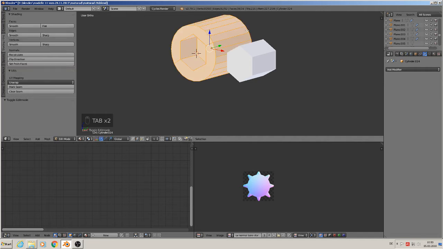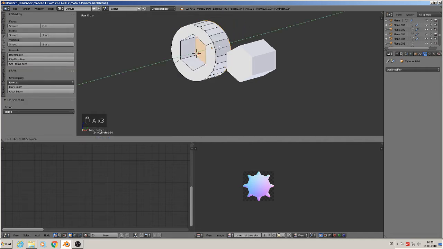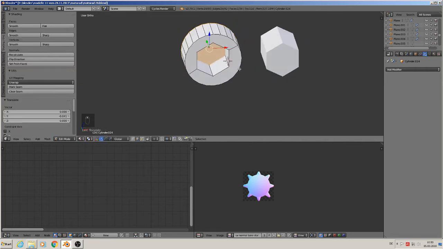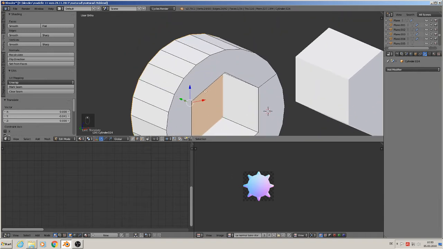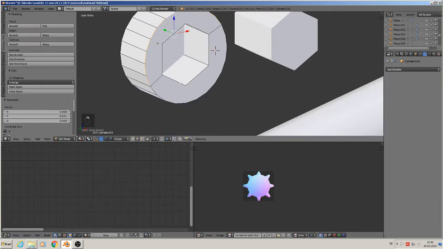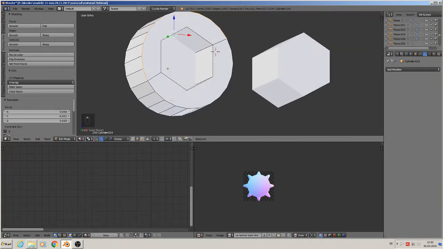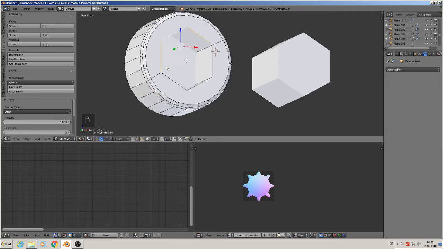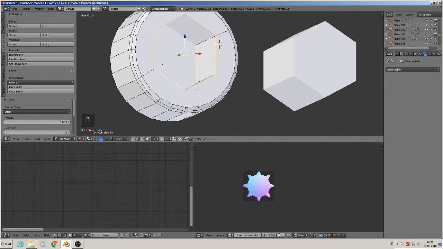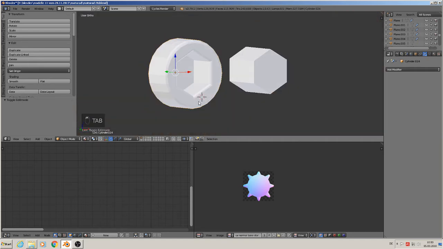Only the back, and bring them a little bit near. Then we have to give a little bevel here. Control B. Oh, it's only that part, so we need both parts. Control B and roll. Then we take this part here and Control B, bevel that too. And then we have a good looking